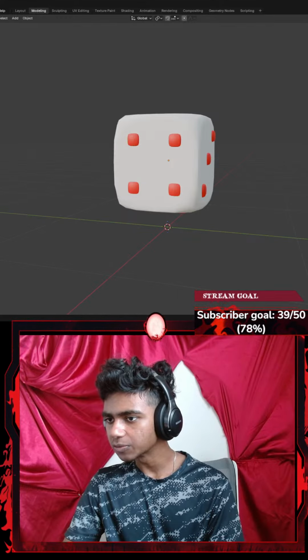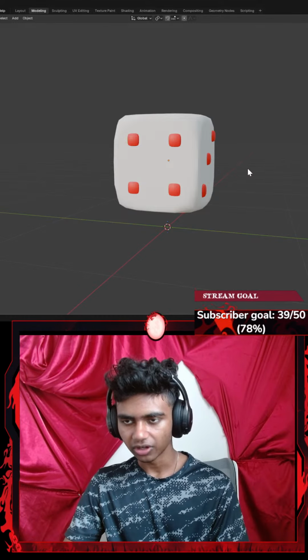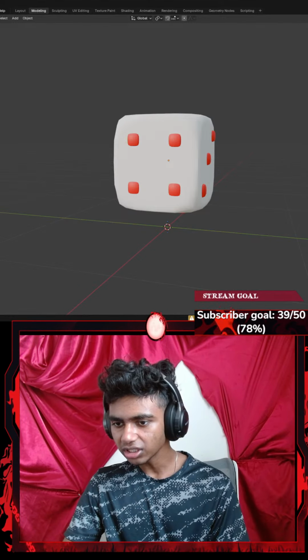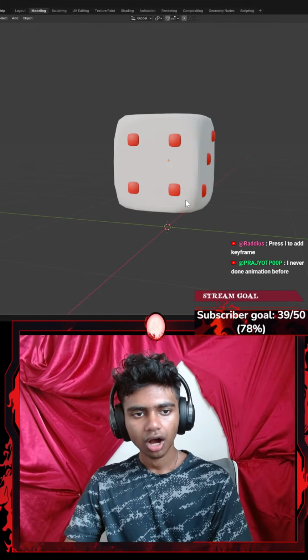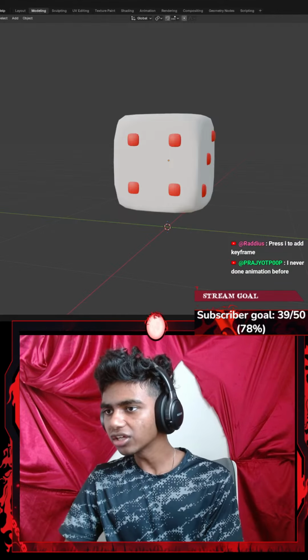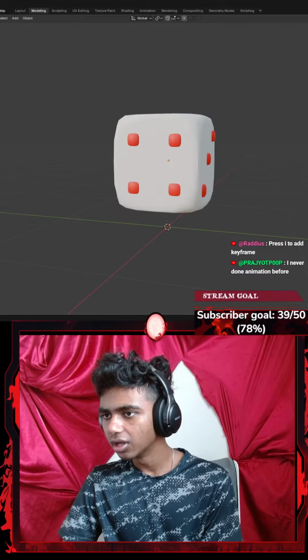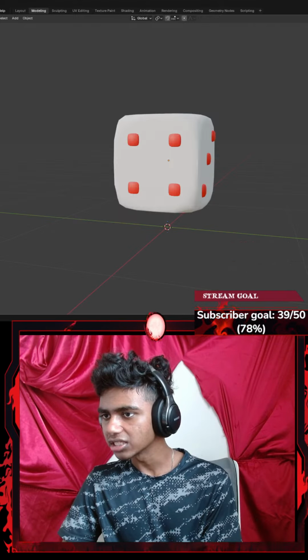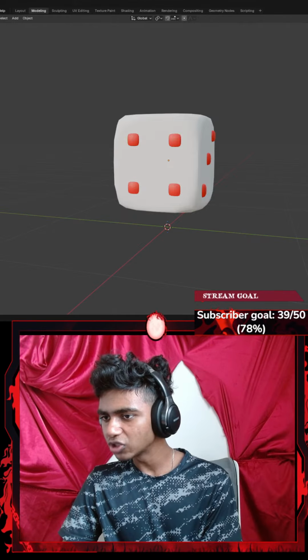Okay, so there's physics, there's particles, there's objects. Okay, press I to add keyframes. So if I click I, nothing selected to key. I've never done animation before. I see. Okay, so let's see. Do I gotta go somewhere up here? Should I go in a different tab? Toggle the camera view, and then that is hand, that is switch camera. Okay, this is texture, so I see textures option.